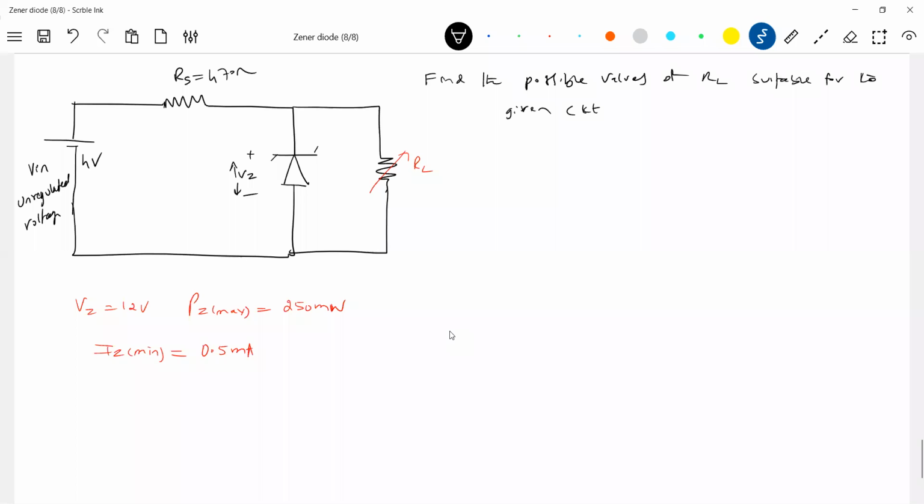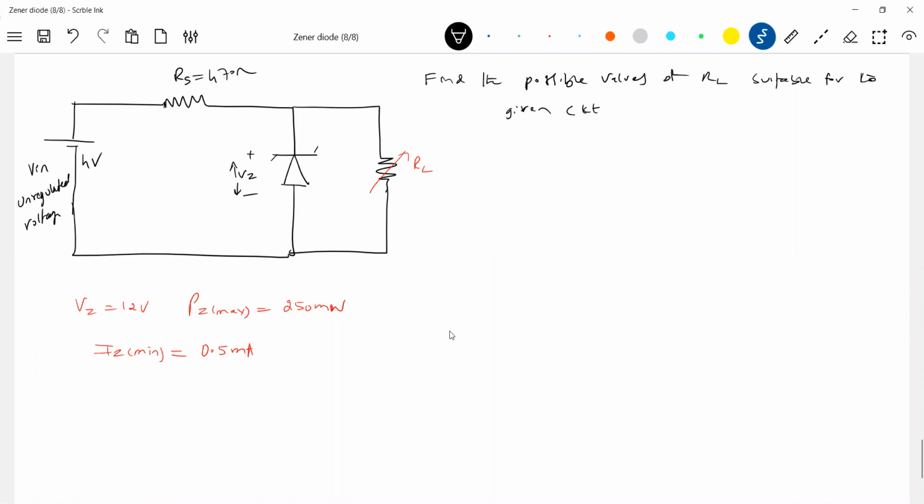The Zener diode which you want to use, what should be the condition for VZ? Then what is the condition for IZ minimum, IZ max? It depends on this one. Any Zener diode you cannot just come and fit. The requirement is what you have to check. So VZ is 12 volt. Okay, let's see what things will come. And now RL, there is no value. You have to choose, you have to now get the values of RL here. This was the explanation. That's the condition here. Okay, let's see how to proceed now.